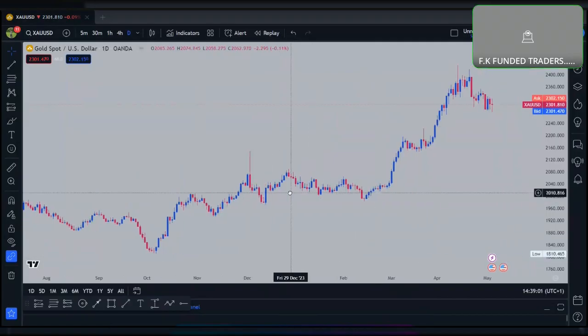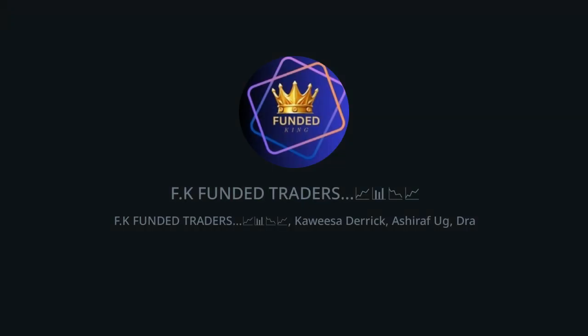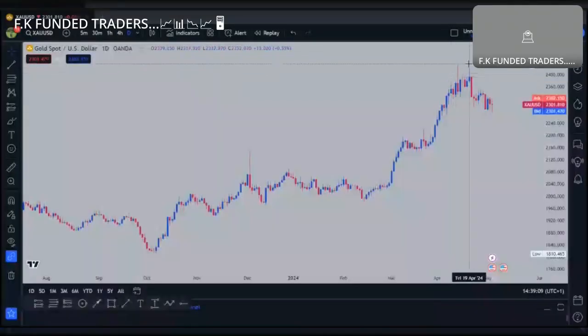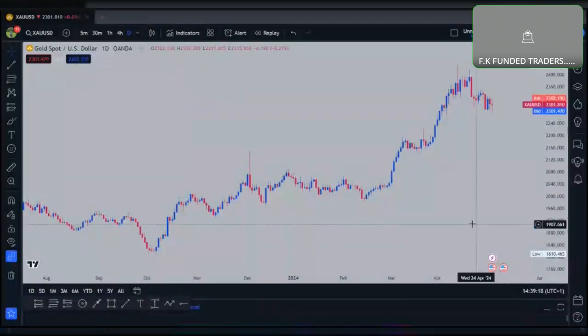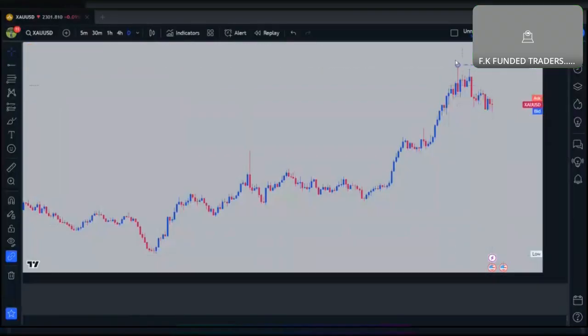So this is where we are, when we're still having a bullish market. However, we received some rejections at a given area after creating the highest. Then now the market had to give us some sales. So we're going to analyze and see how we go with it. So we mark the highest of a given time frame.